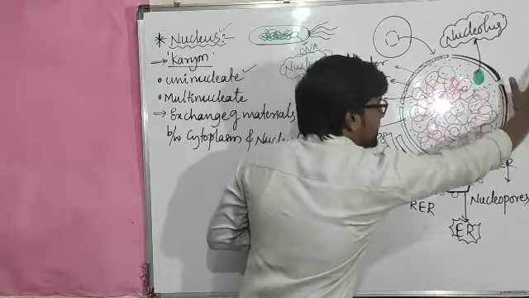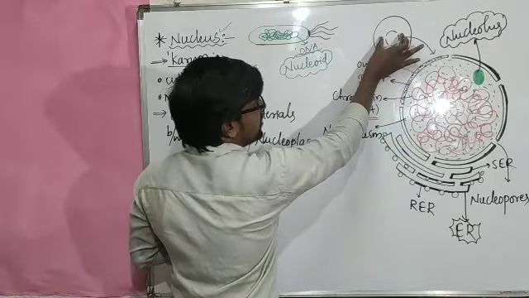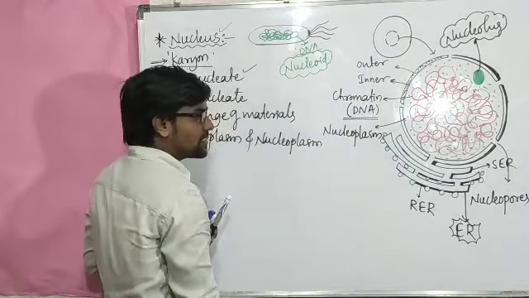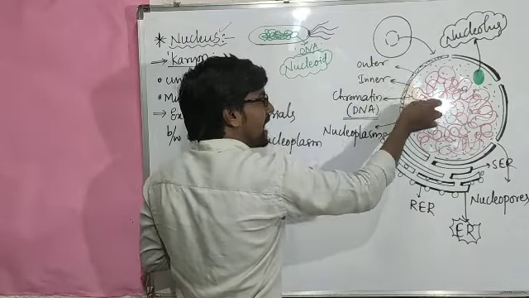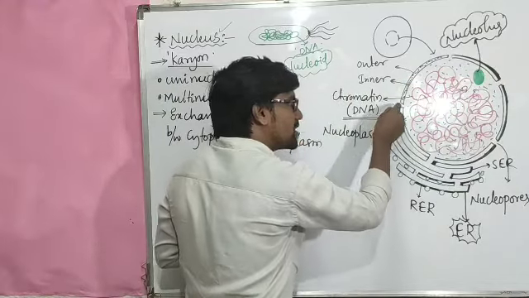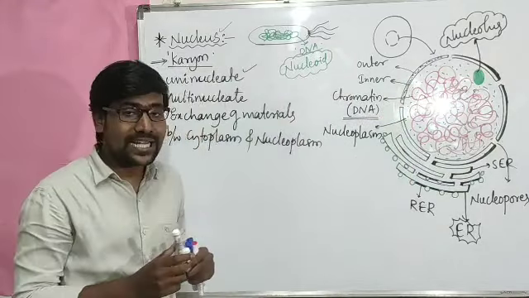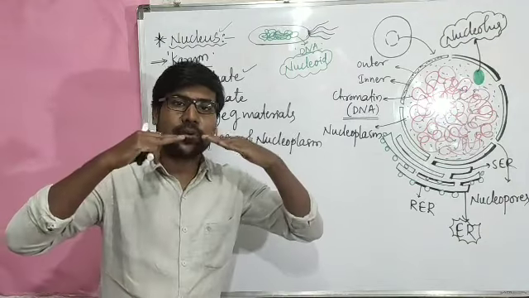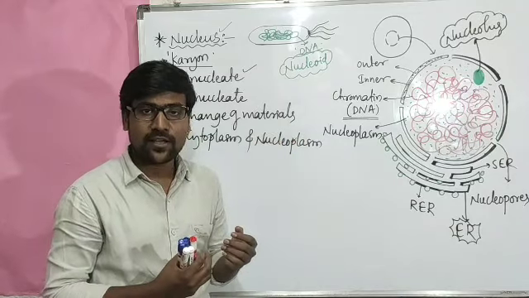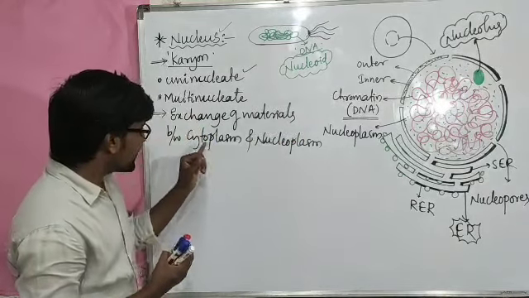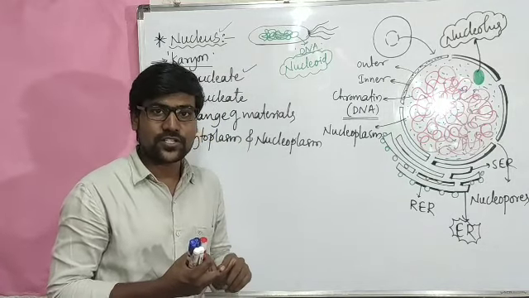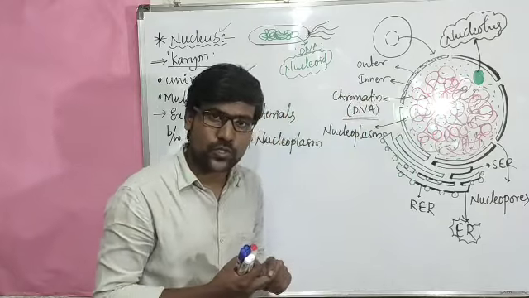Outside we have the cytoplasm. Imagine this structure, I have just enlarged it here. So what is present here? The matrix is the cytoplasm, and inside we have the nucleoplasm. Nucleoplasm material and cytoplasm material are both exchanged with the help of the nuclear pores. That means nuclear pores are just like a bridge-like structure connecting both sides, cytoplasm and nucleoplasm. And what is the term for both together? Cytoplasm plus nucleoplasm together is called protoplasm, right? So here materials are exchanged.